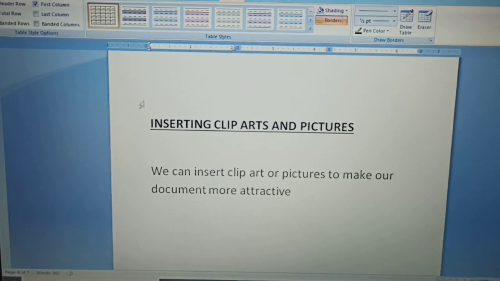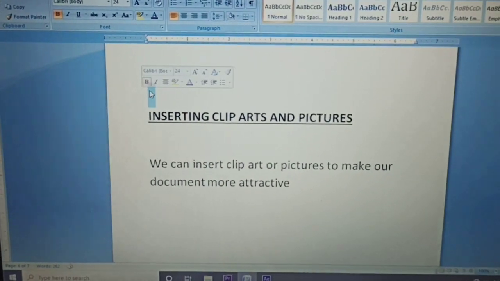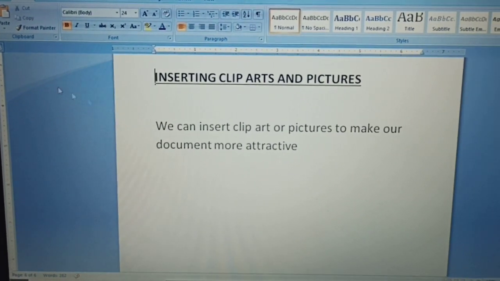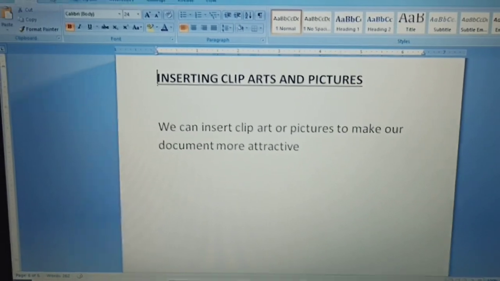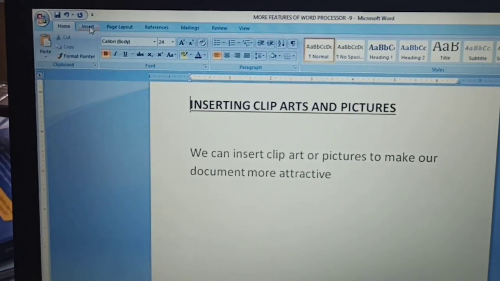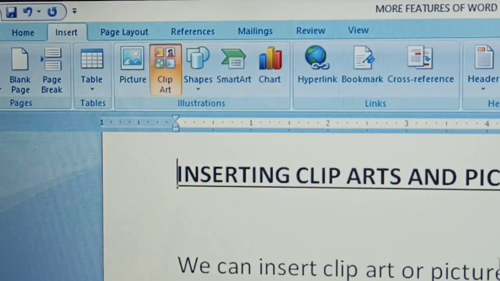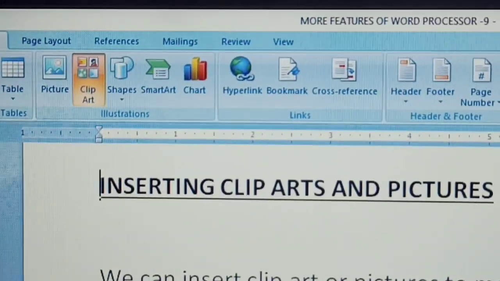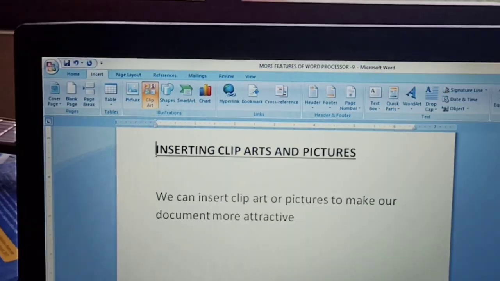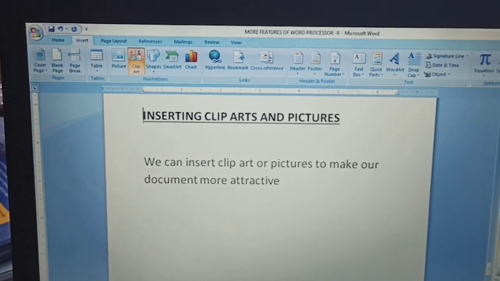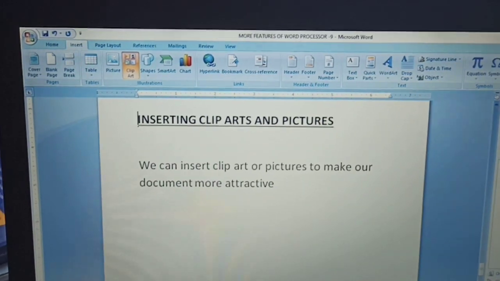Next, our last one is inserting cliparts or pictures. For inserting a clipart, we have to go to the insert menu, then we have to click on clipart. In the clipart, in the search for box, we have to write what type of picture we want to search. Say I am writing here animal,